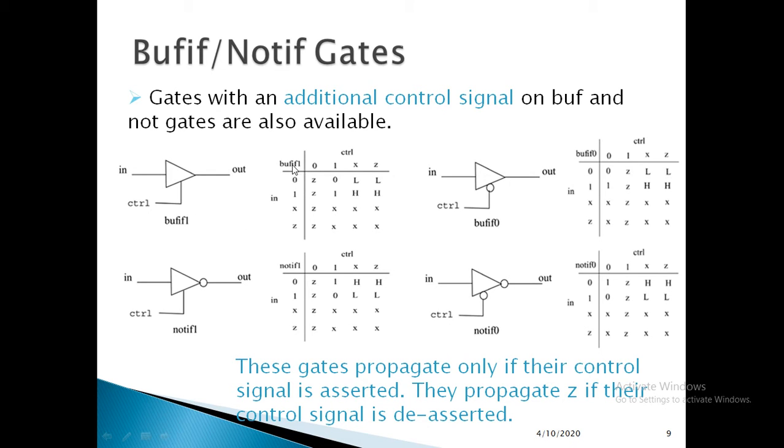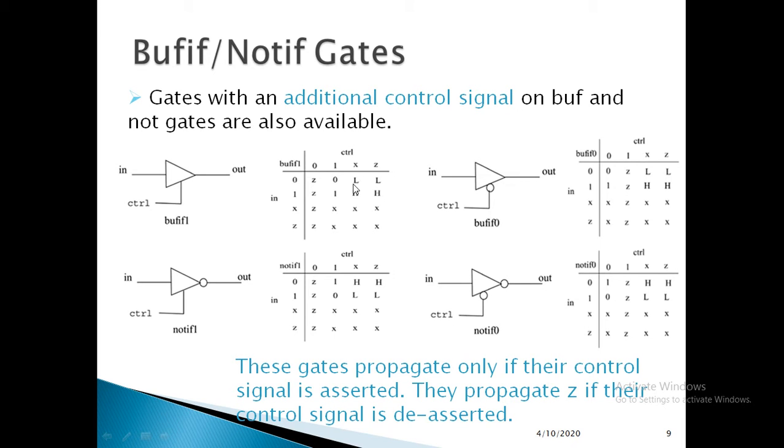here is the truth table of the gate bufif1. Here you see that if control is 0, then for all combinations of inputs, the output will be Z state, that is the high impedance state. Here you see that if control is 1, then it acts as a buffer. And here you see that if input is Z, the output for control input 1 will be X, and this L shows that the output